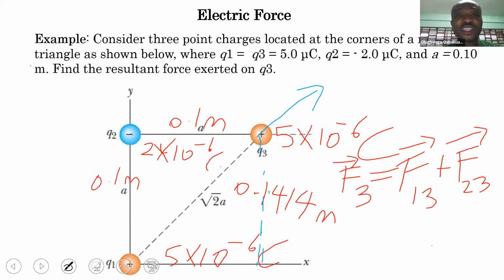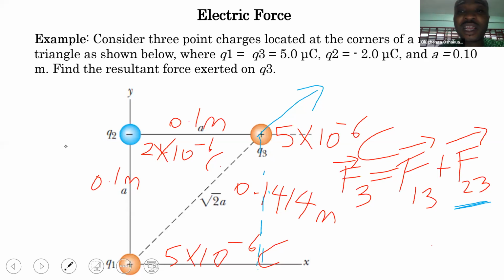The other part of the question is saying what is F23? And if you look at F23, let me get another color, let's say green. Q2 is attracting Q3 in the negative x direction. Q2 is exerting a force on Q3. It is attracting it to the left, towards the negative x direction. And what that means is that